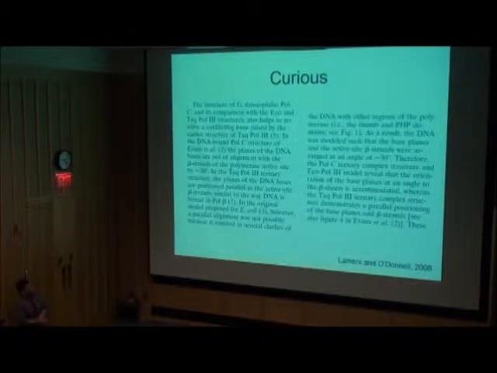Therefore, the PolC ternary complex structure and E. coli Pol III model revealed that the orientation of the base planes at an angle to the beta sheets is accommodated, whereas the Taq Pol III ternary complex structure demonstrates a parallel positioning of the base planes and beta strands. So basically, to summarize, what they're saying is that because of the differences observed between the PolC and our